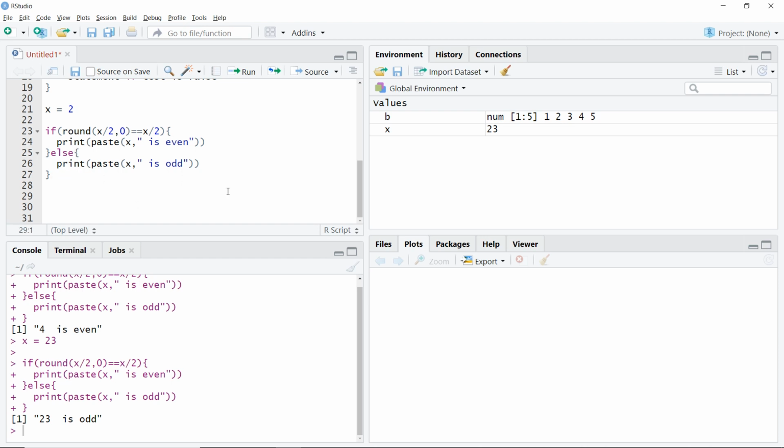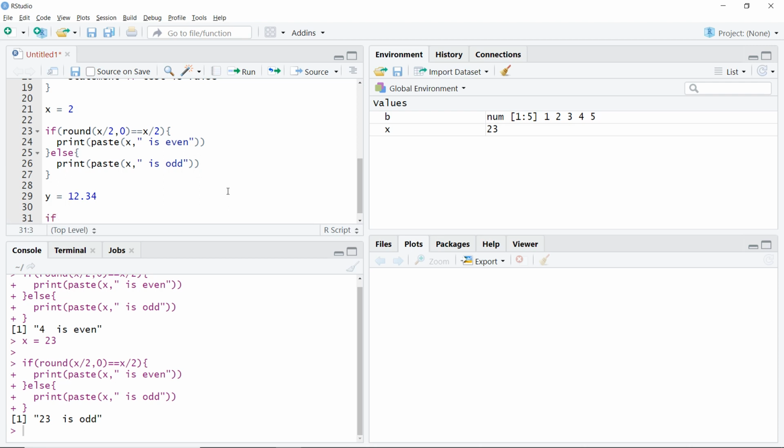Okay. For that, I will take just a y value. I'll define it right now as, let's say, 12. Okay, or first I will take a non-integer value, so I'll say 12.34. Now if it is not an integer, we should not even check whether it is odd or even. So for that, again we'll use our round function.